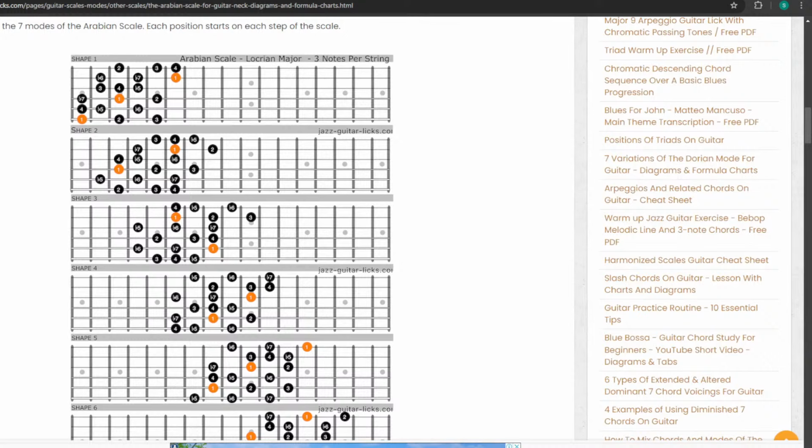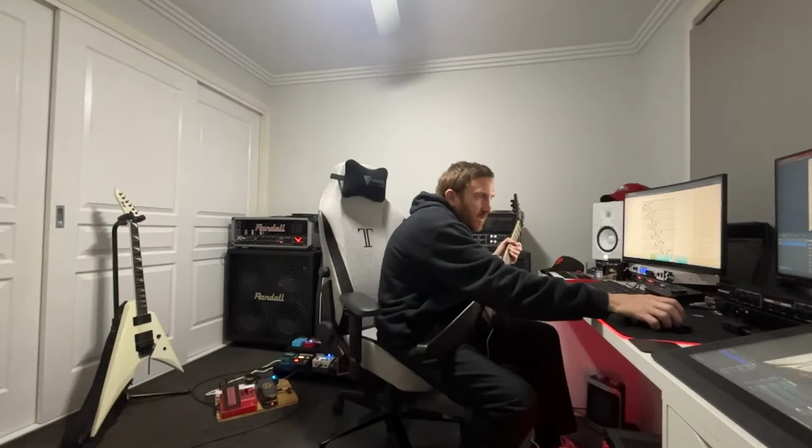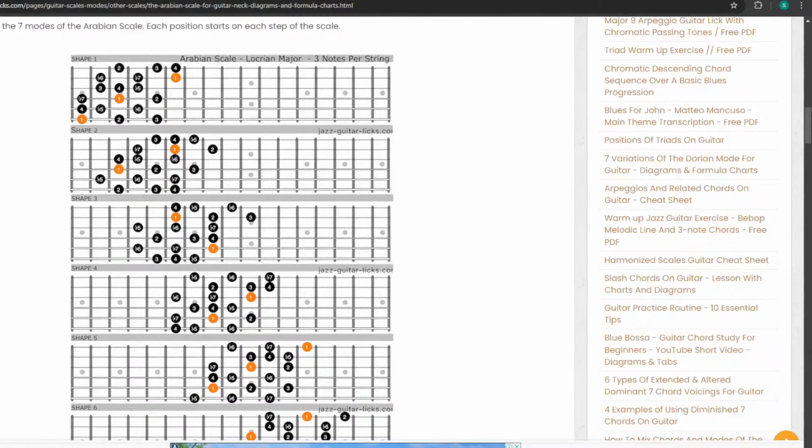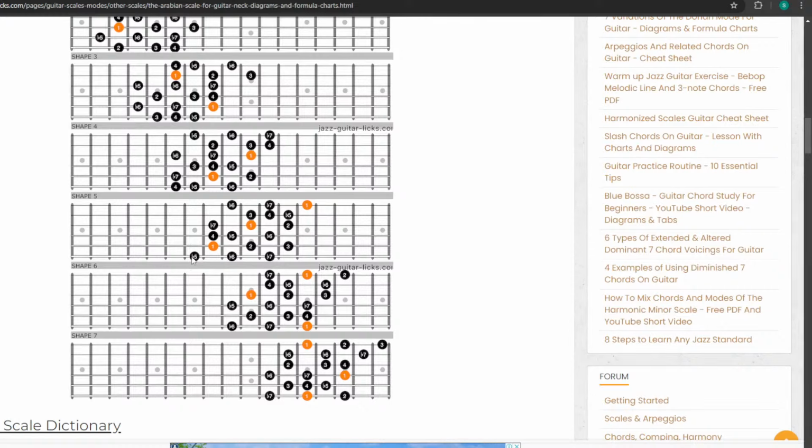Very strange, that one. Where's that one gone? Okay, turn that off, it mutes that out, no worries. So yeah, we've got this one right here. And check it out. We'll even try this one. Starting 9th fret there, shape 5. We'll see what we got there. So we're starting at the 9th fret.